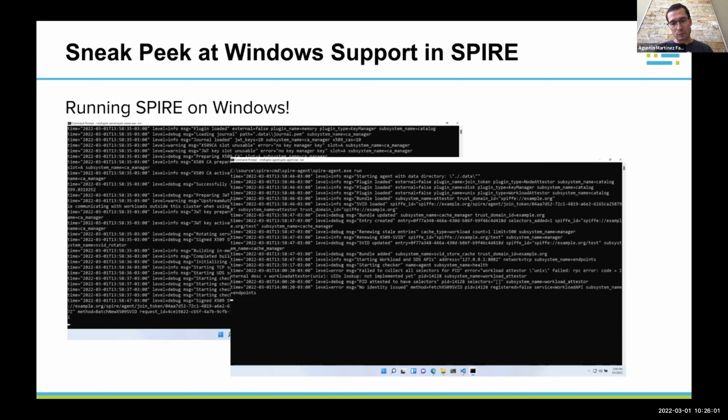We should be able to have that shortly, and then a Windows workload attester. And we need to, like I said, review and investigate what are the changes in all the existing attestors and all the plugin types that we have in Windows.